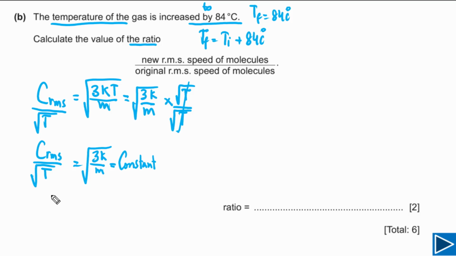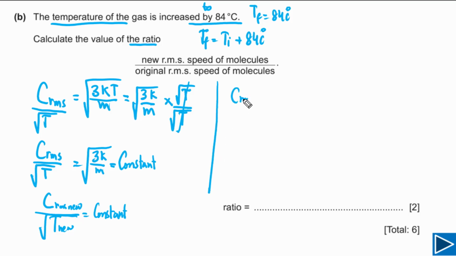So we can say that c RMS new divided by the root of T new will also be equal to a constant, and these two constants will be the same. So from here we can write c RMS new divided by the root of T new